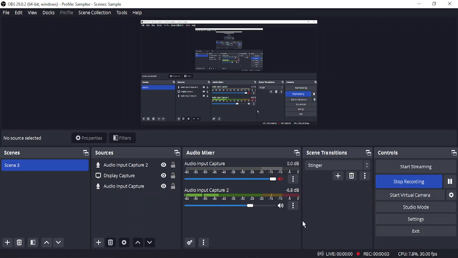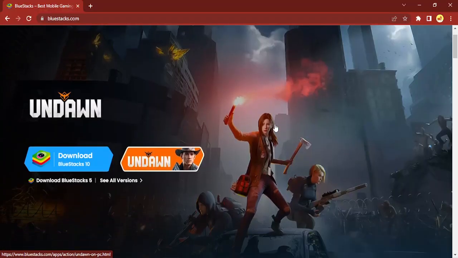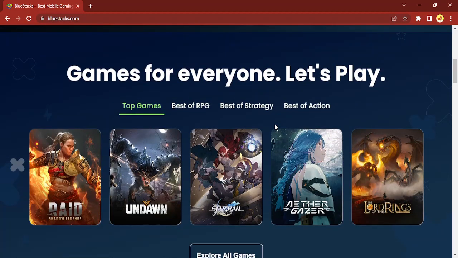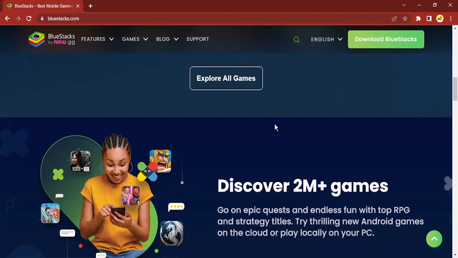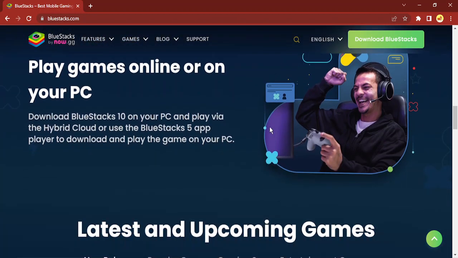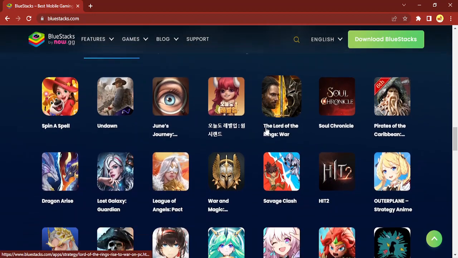In this video we are going to see how you can install the BlueStacks app onto your PC. So this is the BlueStacks official website, and this app can be downloaded very simply. If you see, there are different types of games that are supported by this, and once you have installed BlueStacks on your system, then you can just use all these games. You can play them online or on your PC, and you can read all about this app on their